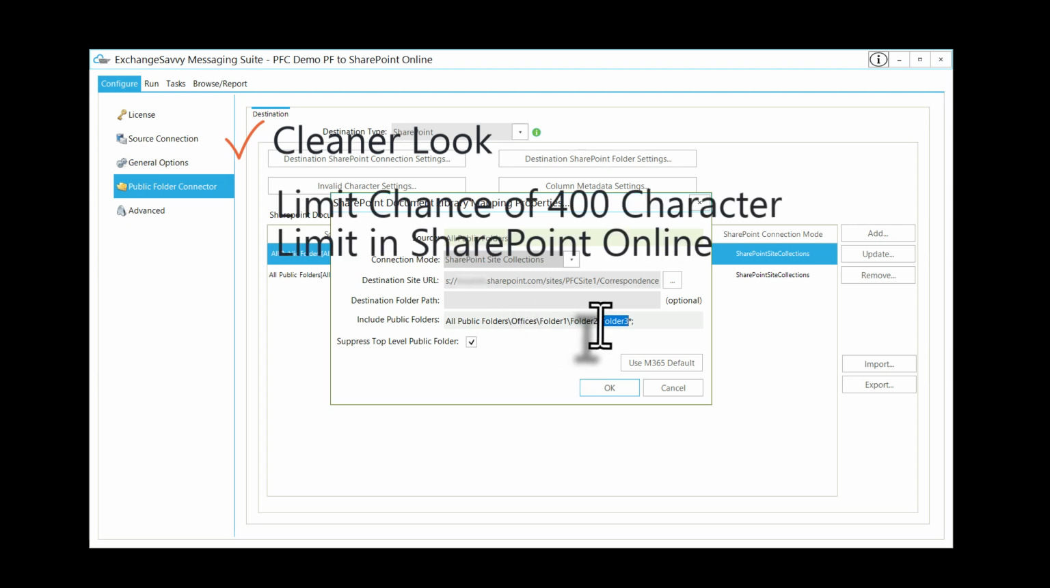And then two, it's another way to limit the possibility of running into the SharePoint Online 400 character URL limit. So by doing this, we're removing all of this from the URL, so it doesn't need to be there. And again, it allows for a more cleaner looking migration doing it that way. But in this case, for this migration demo, again, we're just going to migrate from a root folder called Offices